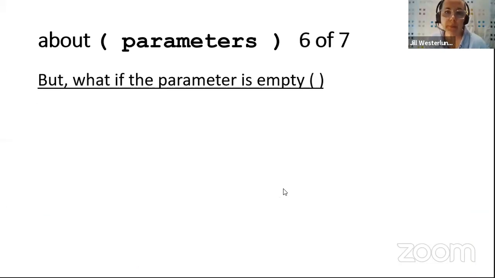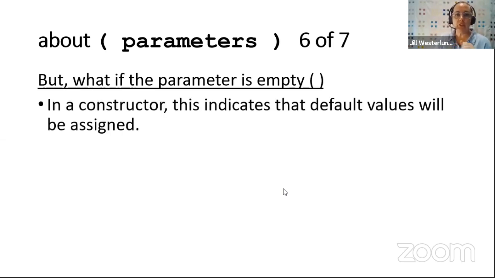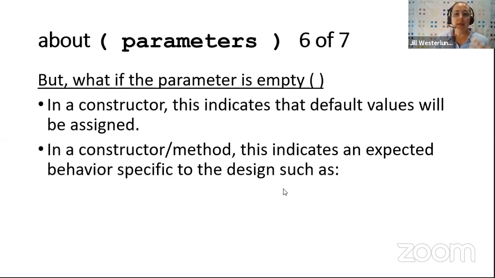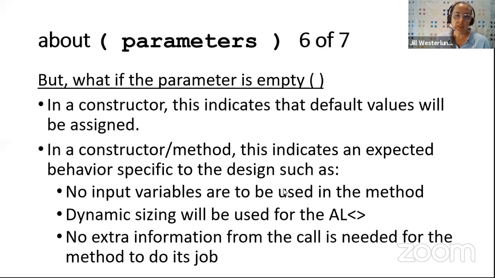All right, slide 6. What if a parameter is empty? Sometimes you'll see sets of parentheses that are empty, and we want to cover that. They don't always have things inside of them. In a constructor, if we just had public Candy with empty parentheses, that means there are going to be default values assigned. Sometimes people make this a default constructor. In a method, it can mean a lot of different things, and this isn't meant to be an exhaustive list. It's meant to be a big umbrella to help you get some context, because we've gotten feedback from students who said, help us understand parameters.